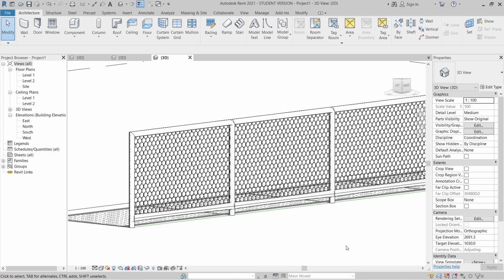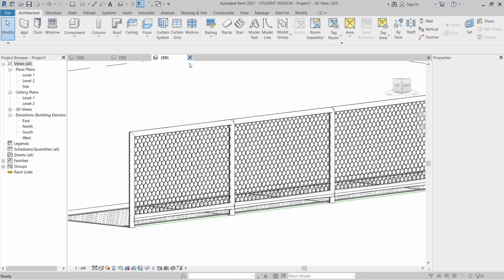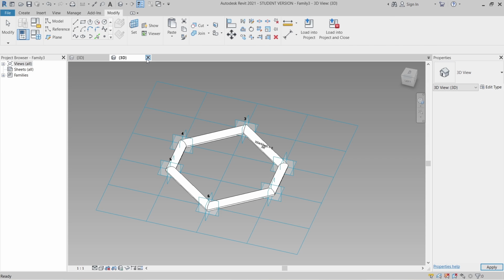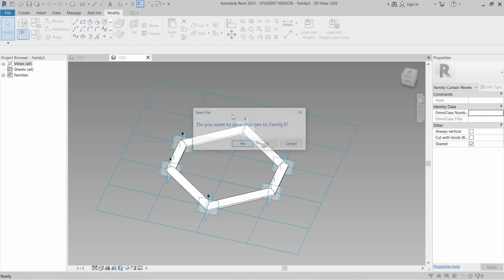Okay, so now let's jump into our project together. Before we jump in, I need to close some windows first, so it's easier for us to recognize which one we start with first. Now I want to close three of them. Simply close that, because I have saved already, so I don't care about that.